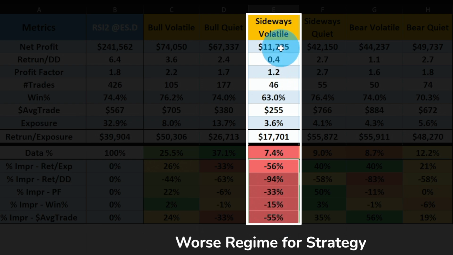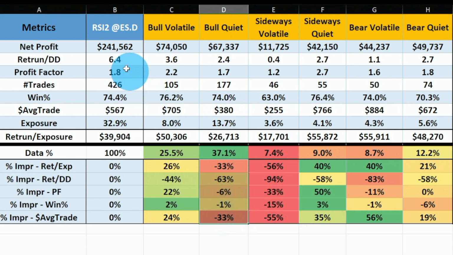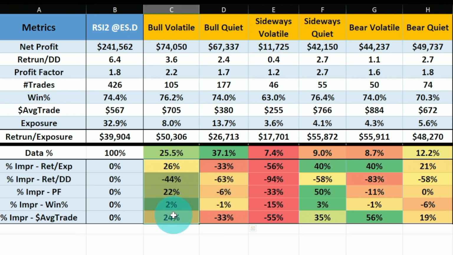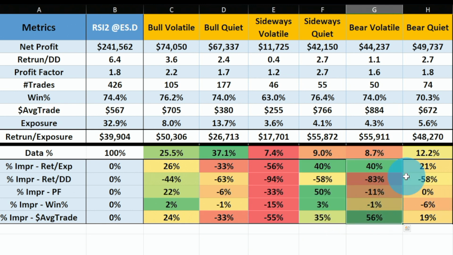So even though the strategy is profitable in this market regime, it's producing $255 on average per trade, but it's a lot worse than our original strategy. And then we have the bull quiet regime. Again, it's performing worse than the original strategy. On the opposite side, we can see bull volatile producing better results, sideways quiet producing better results, and bear volatile producing better results. Now you can say that these last two, the bear volatile and bear quiet, have mixed results,